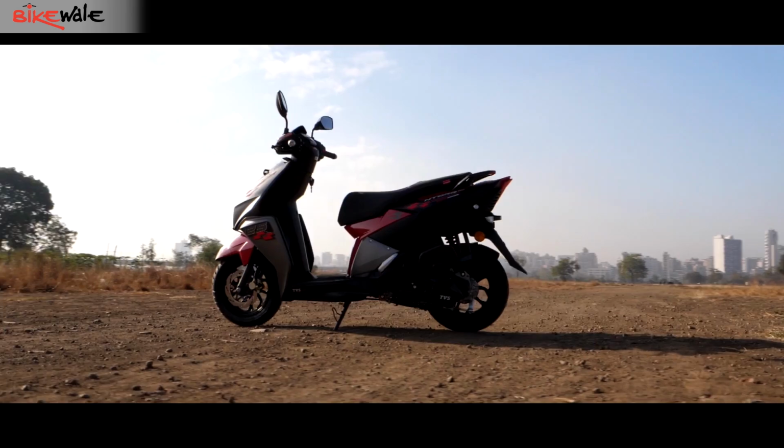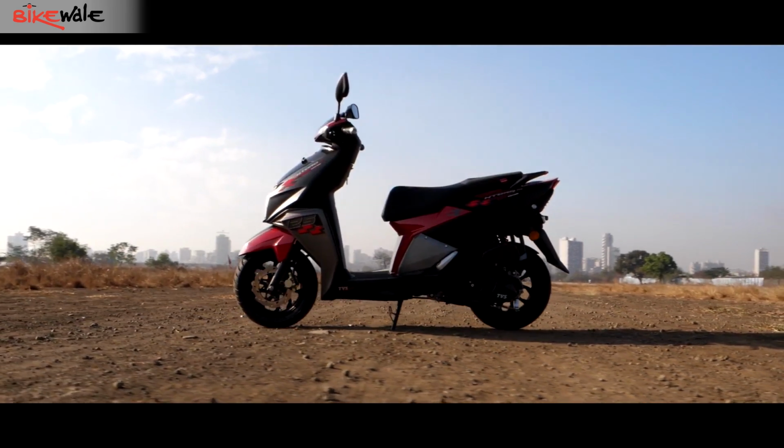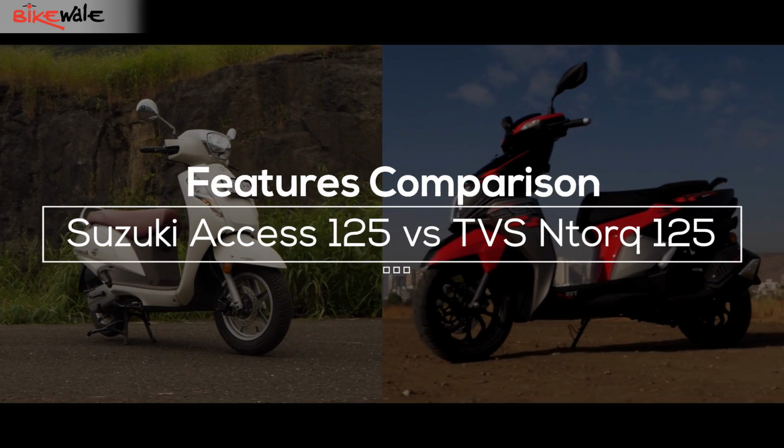Access 125 and the TVS Ntorq 125 Race Edition to help you better understand which one of the two scooters